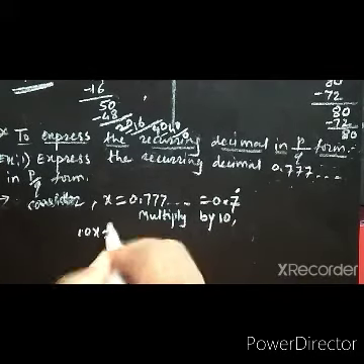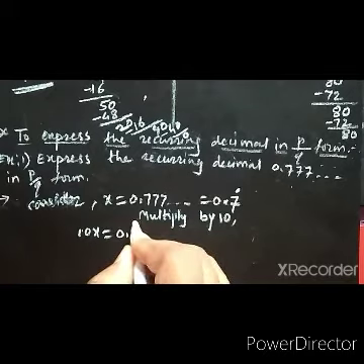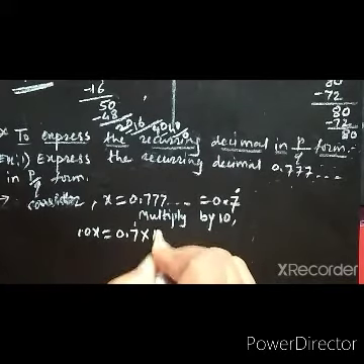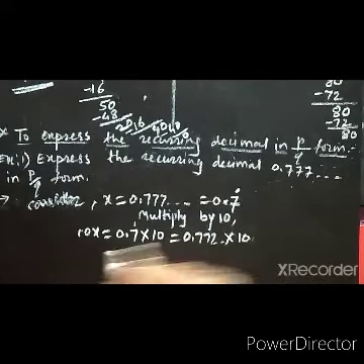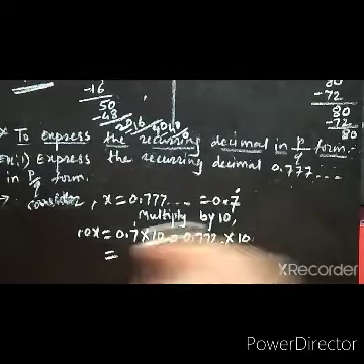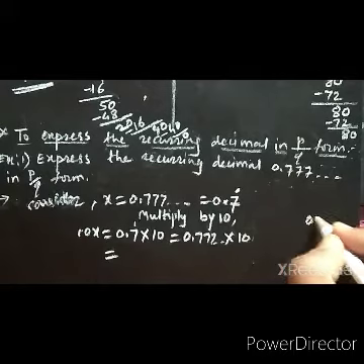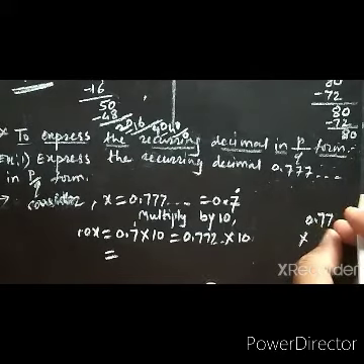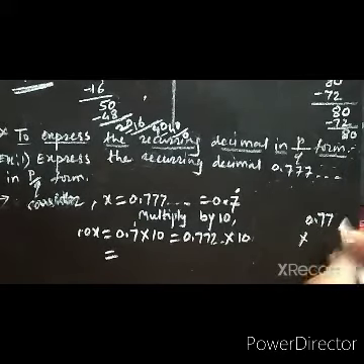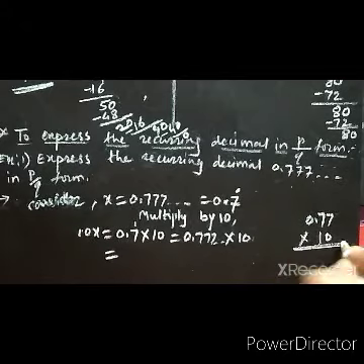Therefore 10x is equal to 0.7 dot into 10, or 0.77 into 10. So here 10 sevens are